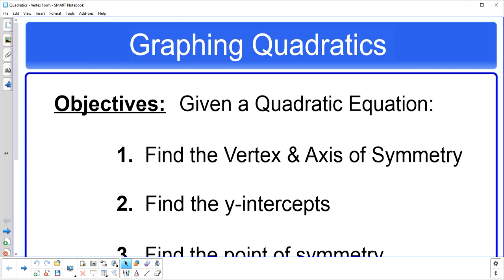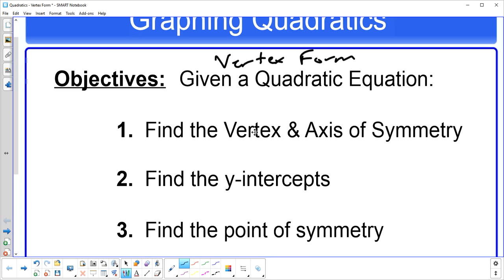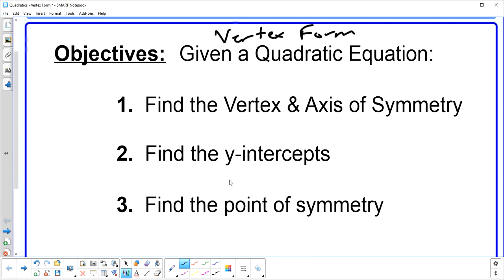Alright, Algebra 1, so we are going to continue talking about quadratics, graphing quadratics, and today we're going to talk about quadratics that are in vertex form. So that's an important piece here, is that we're going to have something in vertex form. Okay, and with that form we're going to find the vertex, the axis of symmetry, the y-intercepts, and then we will talk about graphing. We're actually not going to talk about point of symmetry,